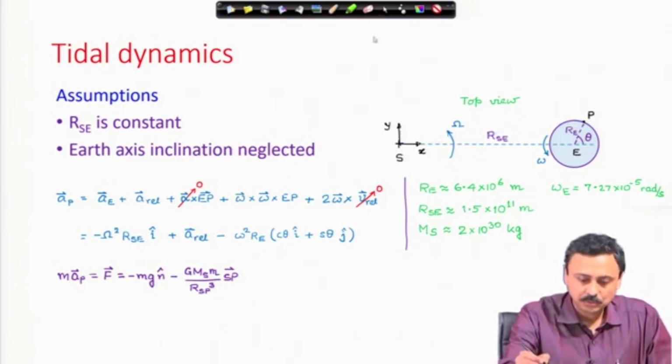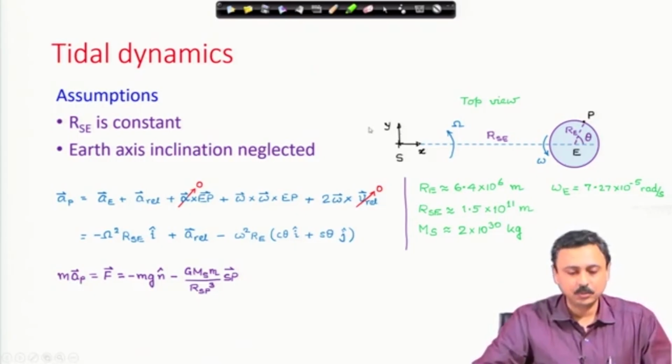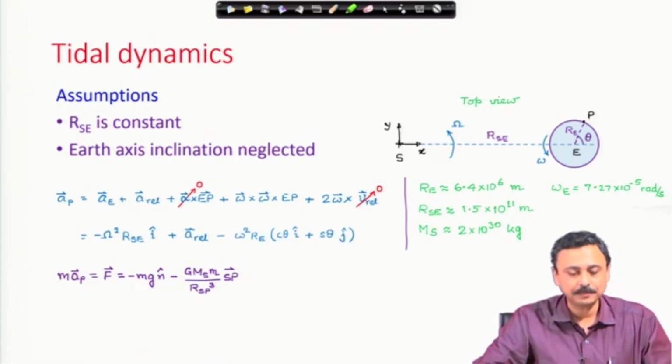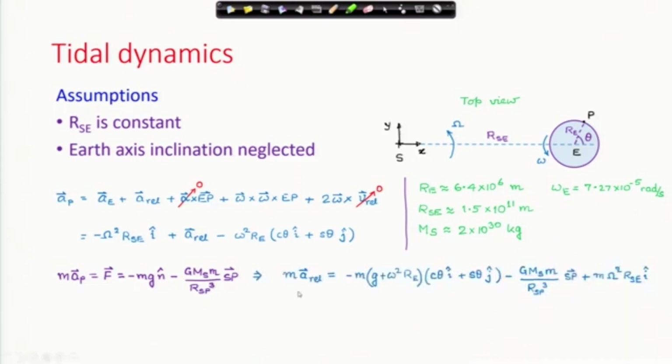Now, we are going to express these quantities. I am going to plug in the value of acceleration of p and separate out mass times acceleration, relative acceleration. Why this? Because on the right hand side, whatever goes is the force as felt by that particle or the quantity of water